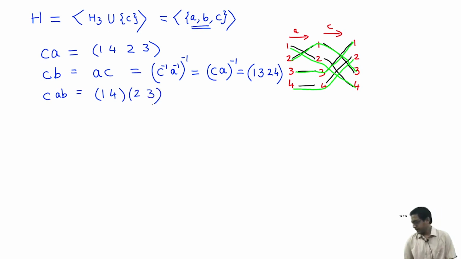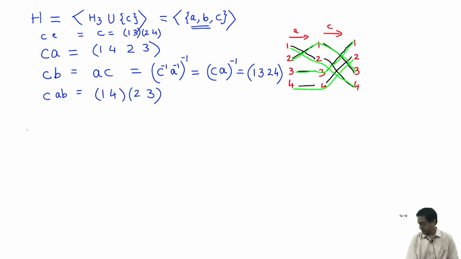Okay, so what have I done? I have manufactured these elements when I multiplied everything by C, and of course I should multiply C by the identity, which just gives me C itself. C was (1 3 2 4). So I get these elements, and you can check that if I put all these 8 elements together, it is in fact a subgroup. It's closed under multiplication.